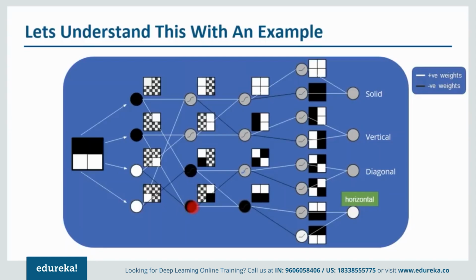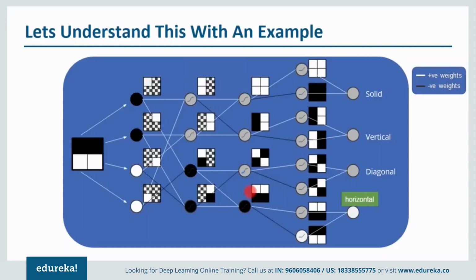Now if you notice what happens next, we'll provide one input here which will be negative with a positive weight, which will be again negative, and this will also be negative with a positive weight. So that will again come out to be negative. That is why we have got this kind of a structure. If you notice, this is nothing but the inverse of this particular image. When I talk about this node over here, we are getting a negative value with a positive weight which is negative, and a negative value with a negative weight which is positive. So we are getting something which is positive here.